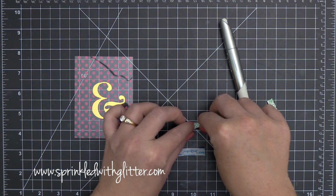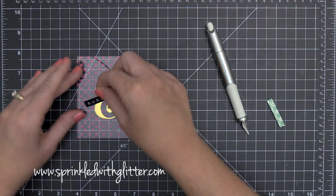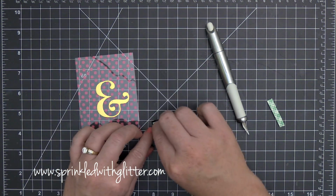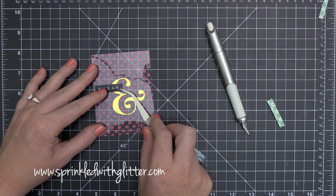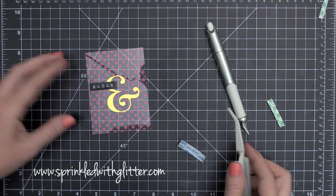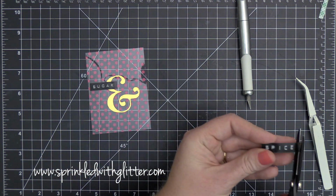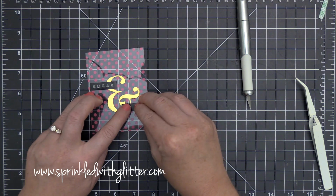So now that I have that ampersand foiled and positioned onto my 3x4 piece, I am going to go ahead and add the little sentiments that I created using the Dymo label makers. I've added a little bit of foam adhesive onto the back of that, and I'm positioning it on there using a pair of tweezers because my fingers were getting in the way and I wanted to see where I was positioning these. And you can see that I'm just trimming them down, and this makes my sentiment say sugar and